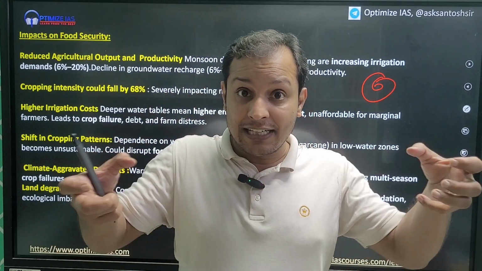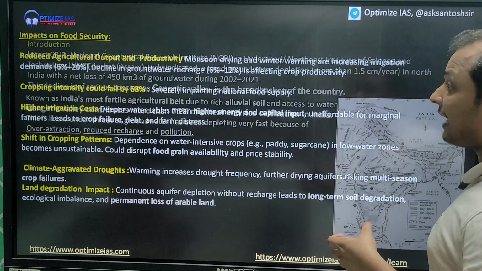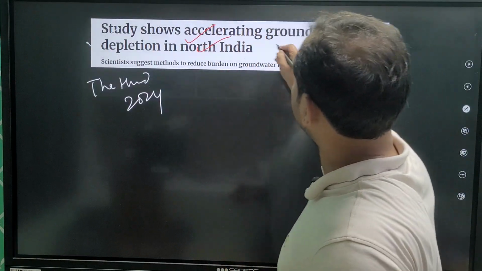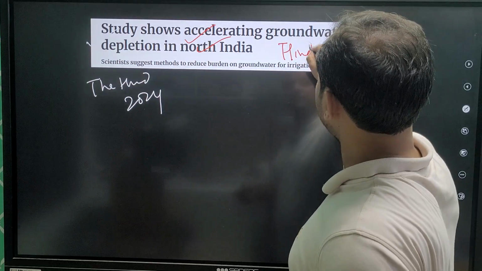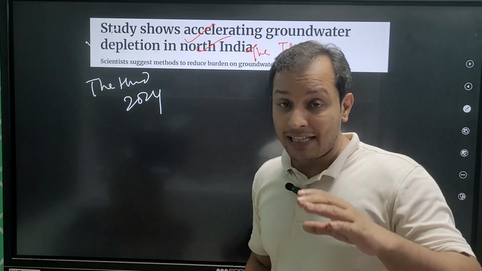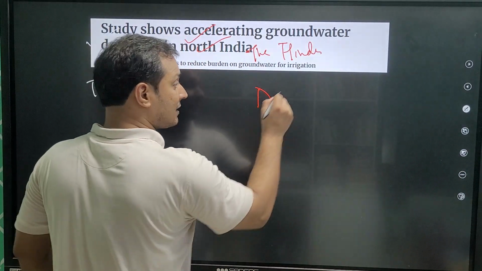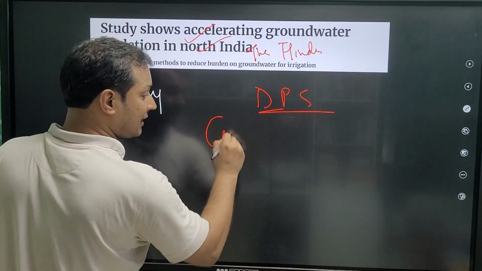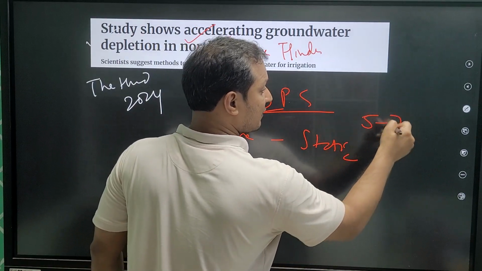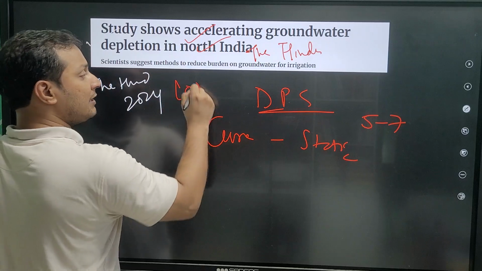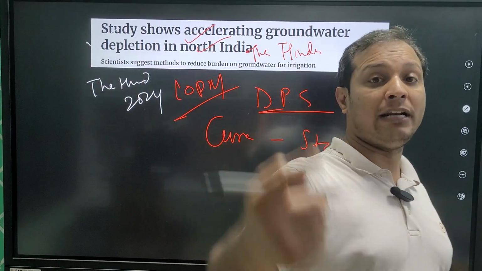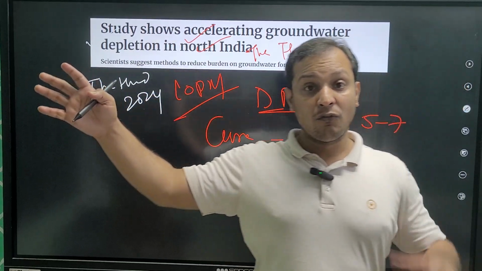And that is why, guys, we tell you that current affairs is very important. The question is static, but this question was directly taken from this Hindu newspaper article. That is why, guys, every day in my DPS sessions, daily practice sessions, I try to link current affairs with the static. Every day we are discussing here 5 to 7 questions at 10 p.m. You can attend a few of the sessions to know how this is going to help you link current affairs with the static.